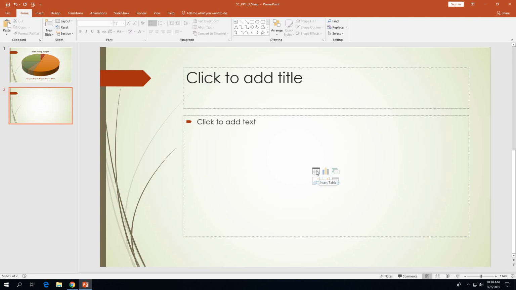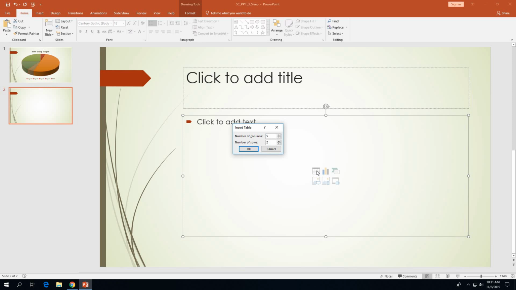So you'll notice those 6 buttons inside the content placeholder. The very first one, the one to the left of the insert chart button that we just used for the first slide, is the insert table button, and we're going to click on that, and it's going to ask